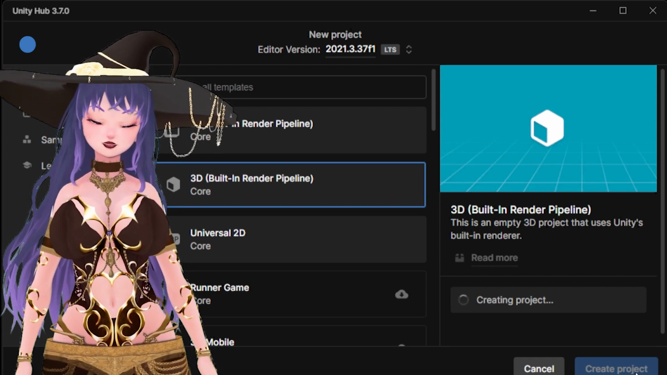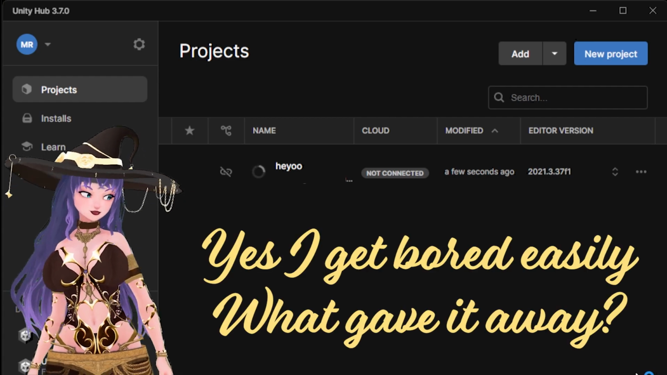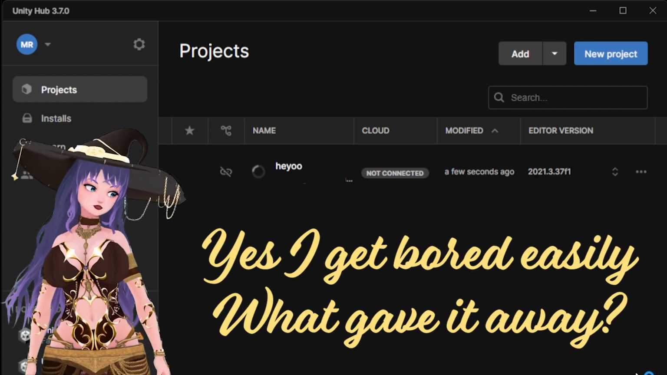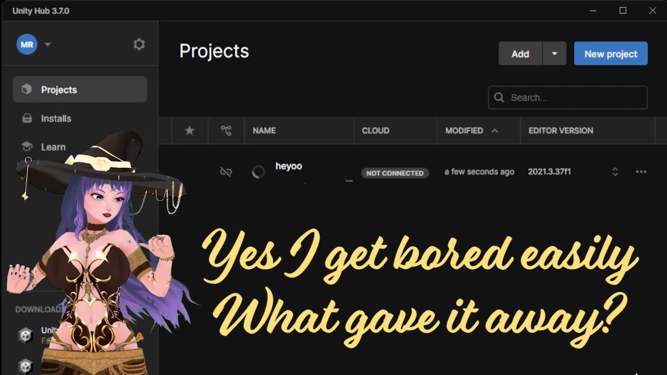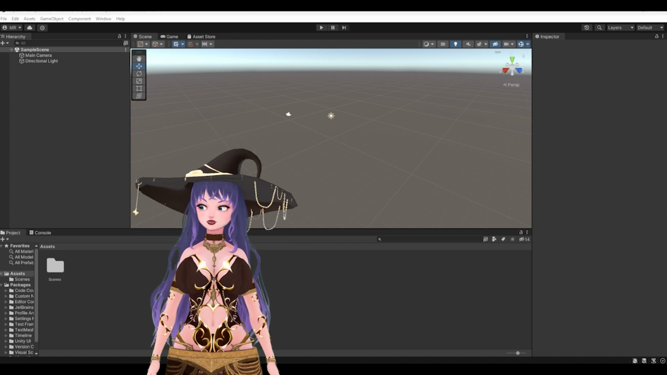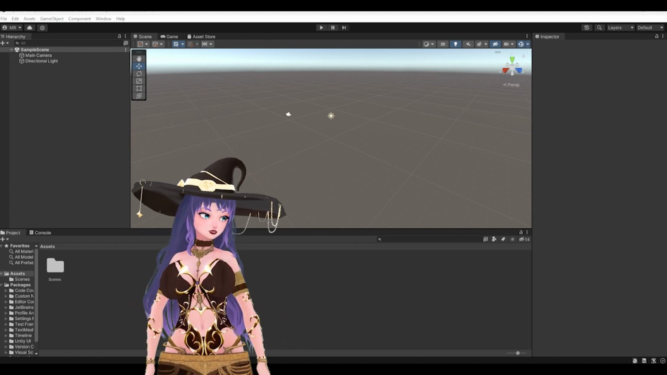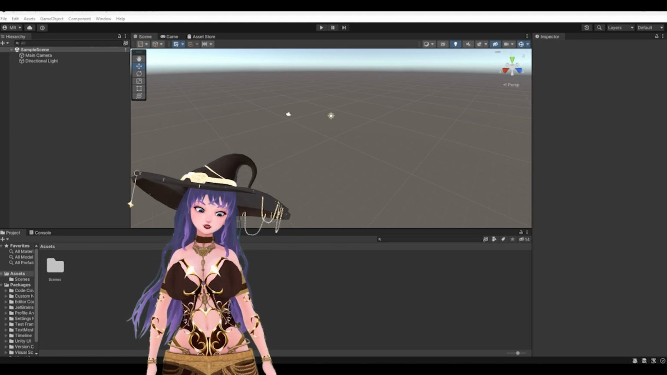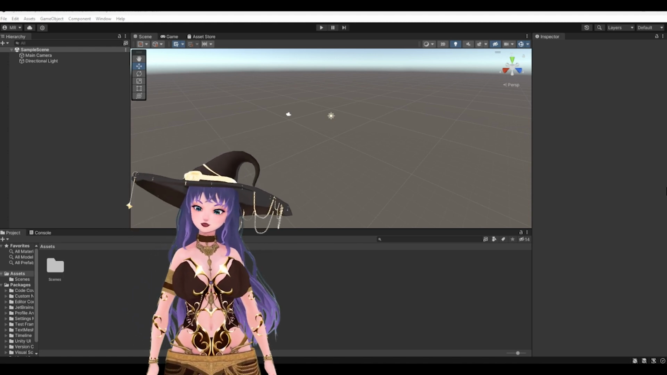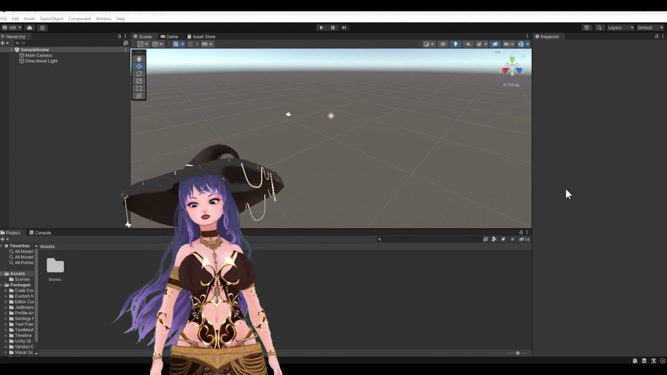And, wait a little. Alright, this took forever, but we did it. We are now in an empty 3D scene in Unity. Now, we are going to populate it a little bit with the asset packages that I told about in the